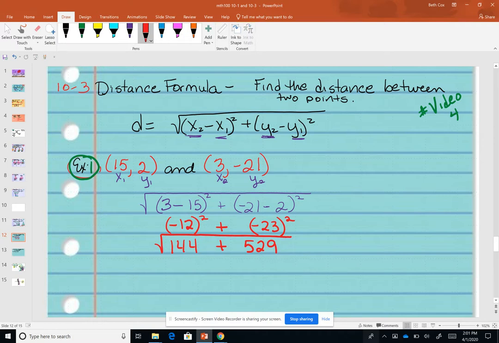Now I'm going to add those together, and pull out my handy dandy calculator, I get 673. And the square root of 673. All right, so that's my answer. Now, I need to simplify the radical or give a decimal. So let's do the decimal first. This is approximately